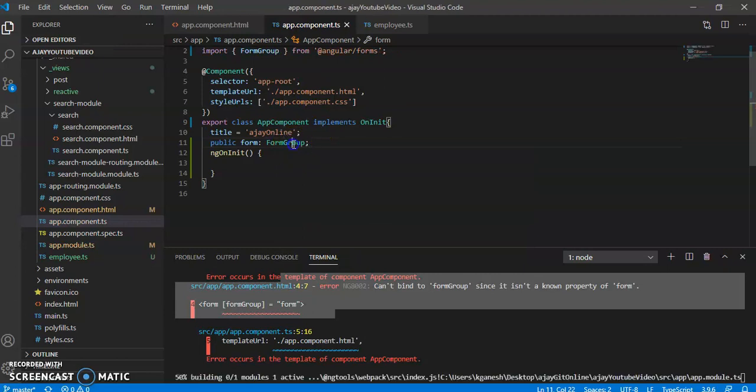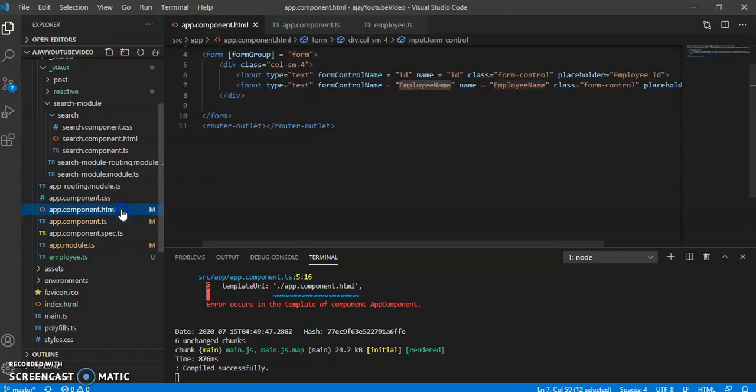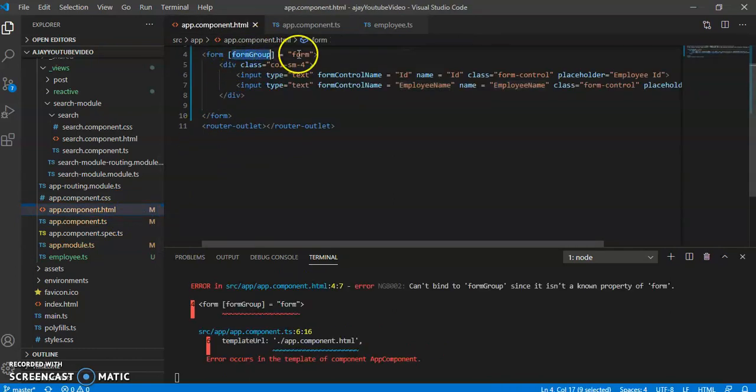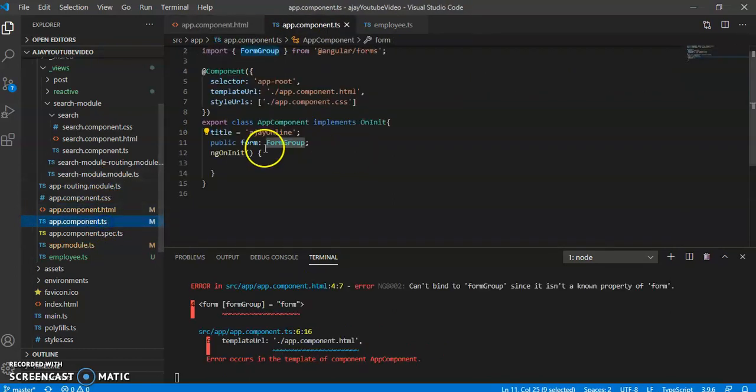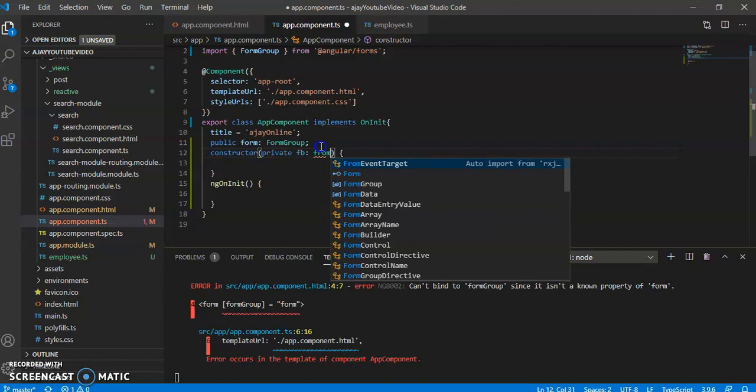Why? You have to tightly couple HTML with TS. This form group belongs to this form. Now take a constructor. In the constructor, you declare private fb as FormBuilder. Why form builder?